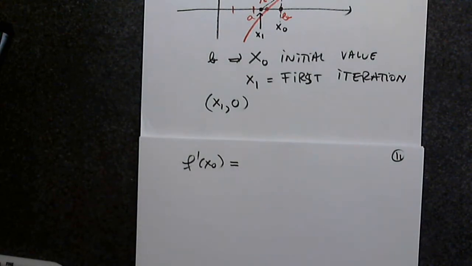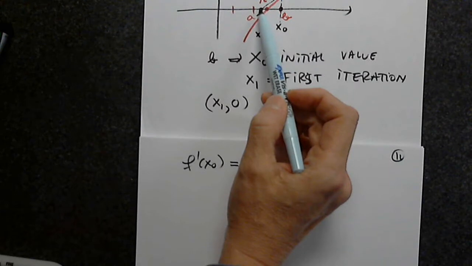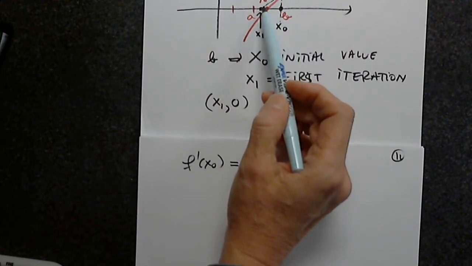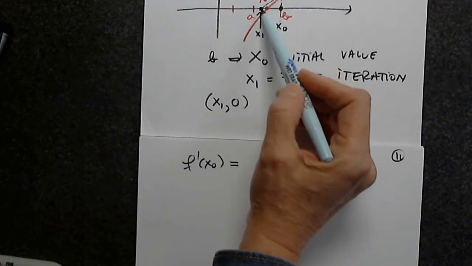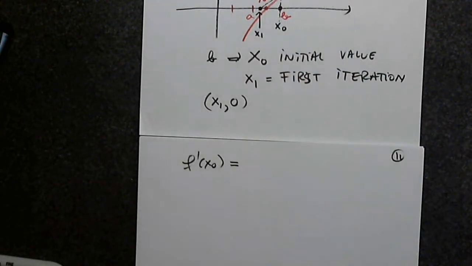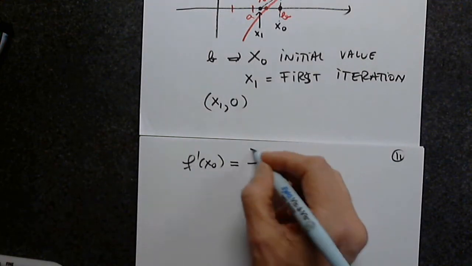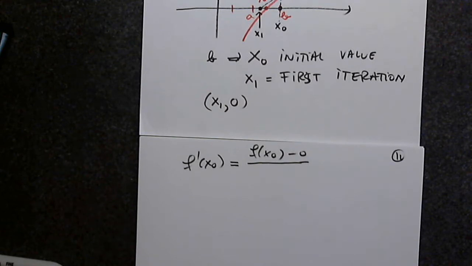But I want you to give it to me in a different way now, because we have 2 points. We have the point x0, comma f of x0, and we have the point x1, comma 0. So I want you to use, not the derivative, but algebra with these two points, and give me the slope of this line in a different way. F of x0 minus 0, over